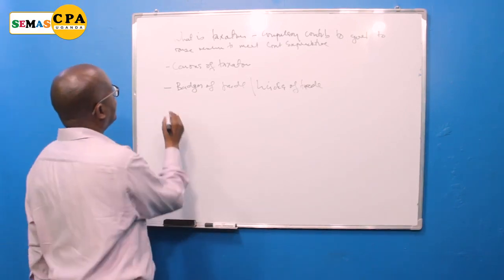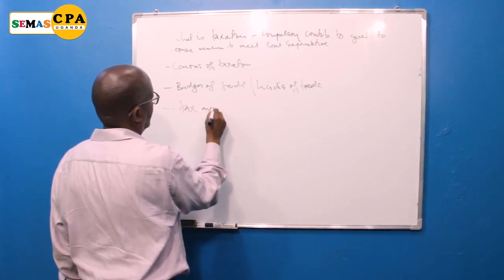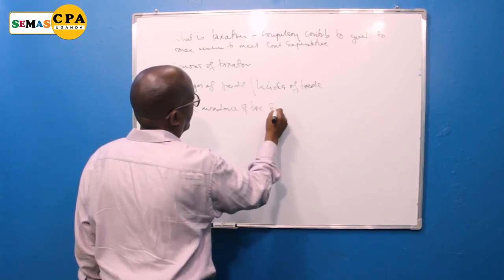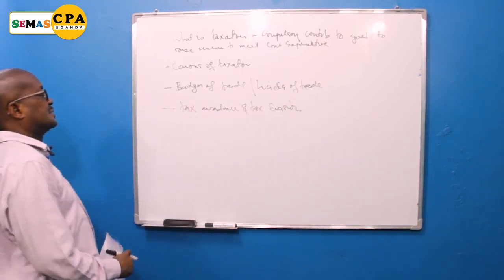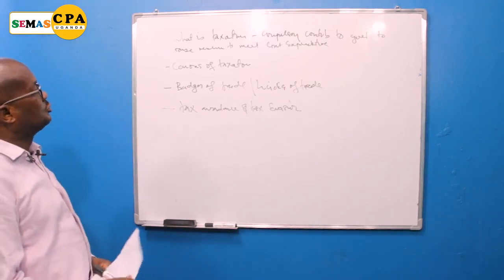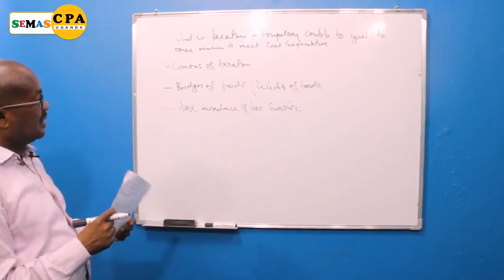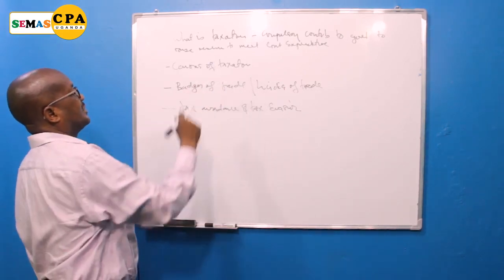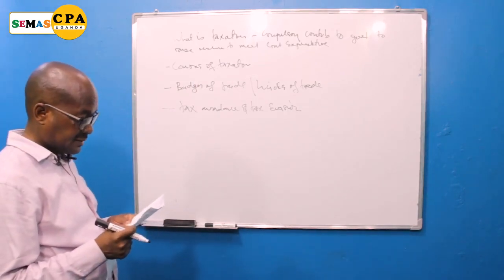You need to know what is tax avoidance and tax evasion and the difference. What is tax avoidance? What is tax evasion? Which one is legal? Which one is illegal? And you see it in your past papers that at times the examiner asks the theory parts, not the computational part. Theory part is very important and carries marks.